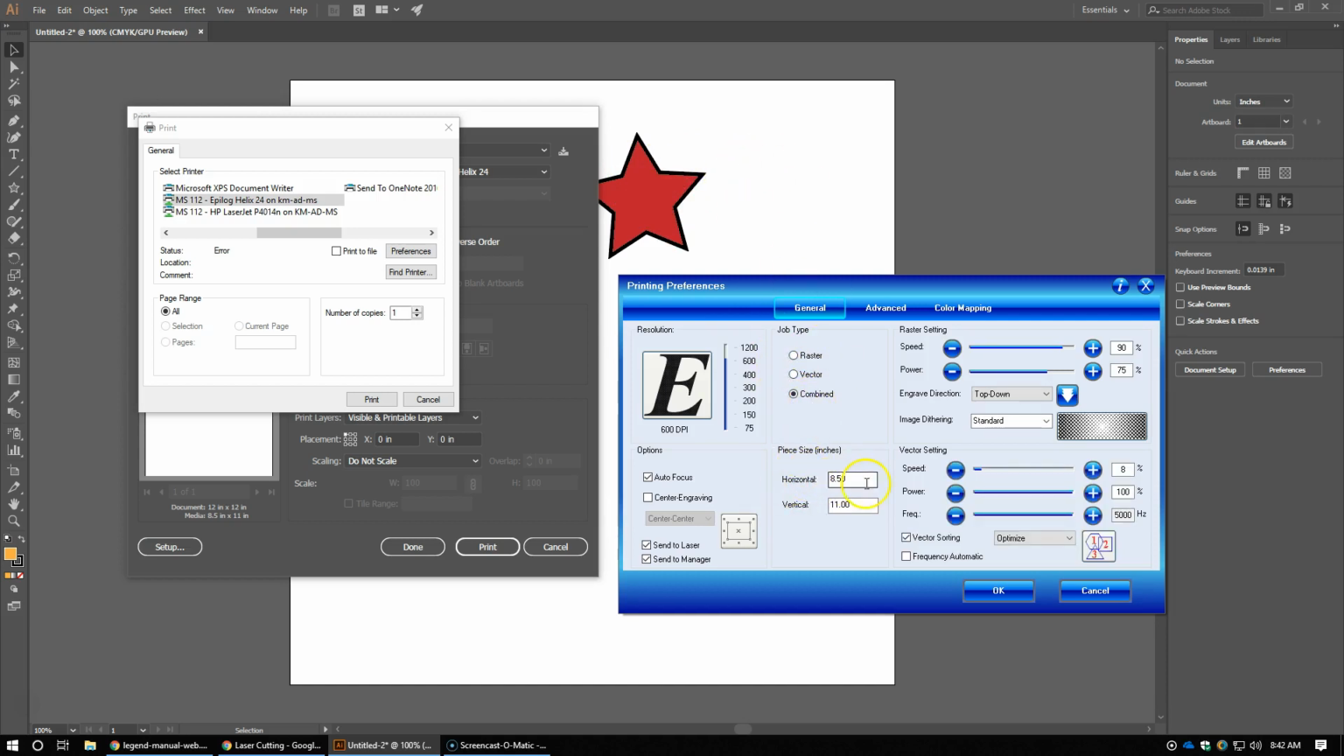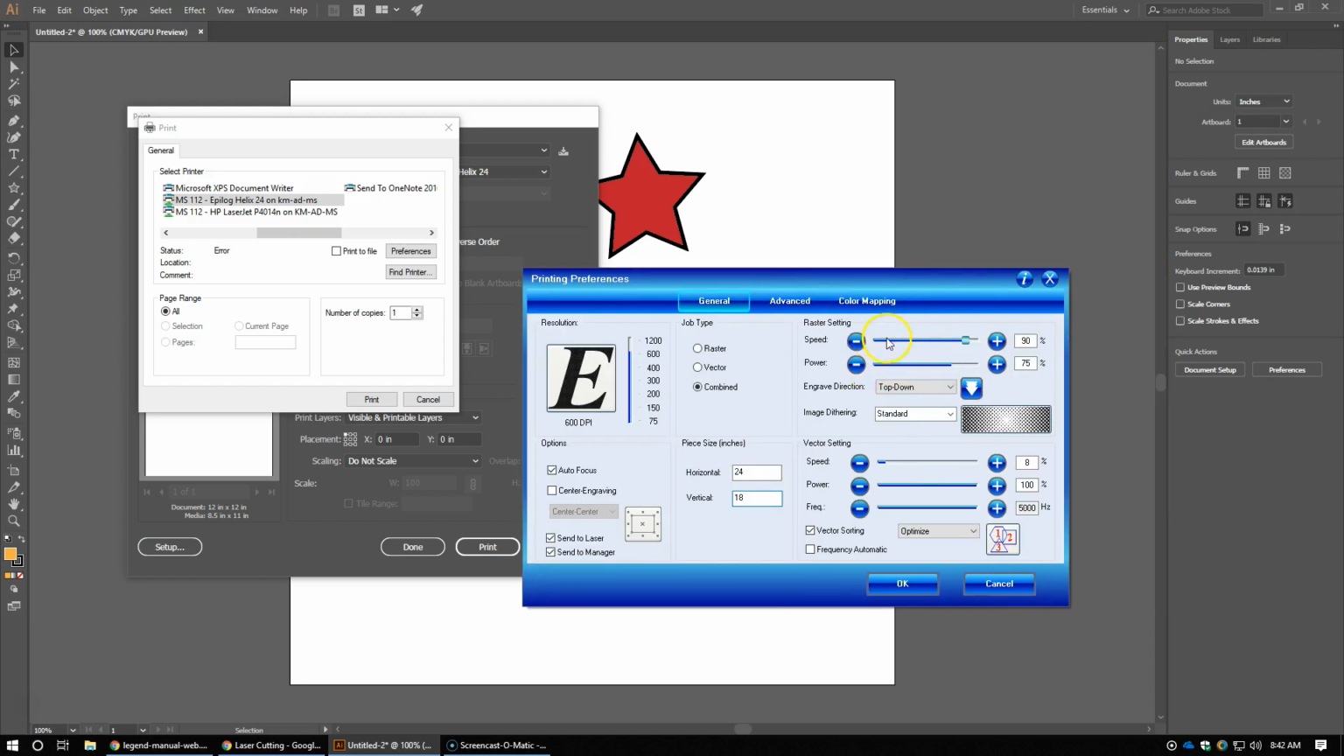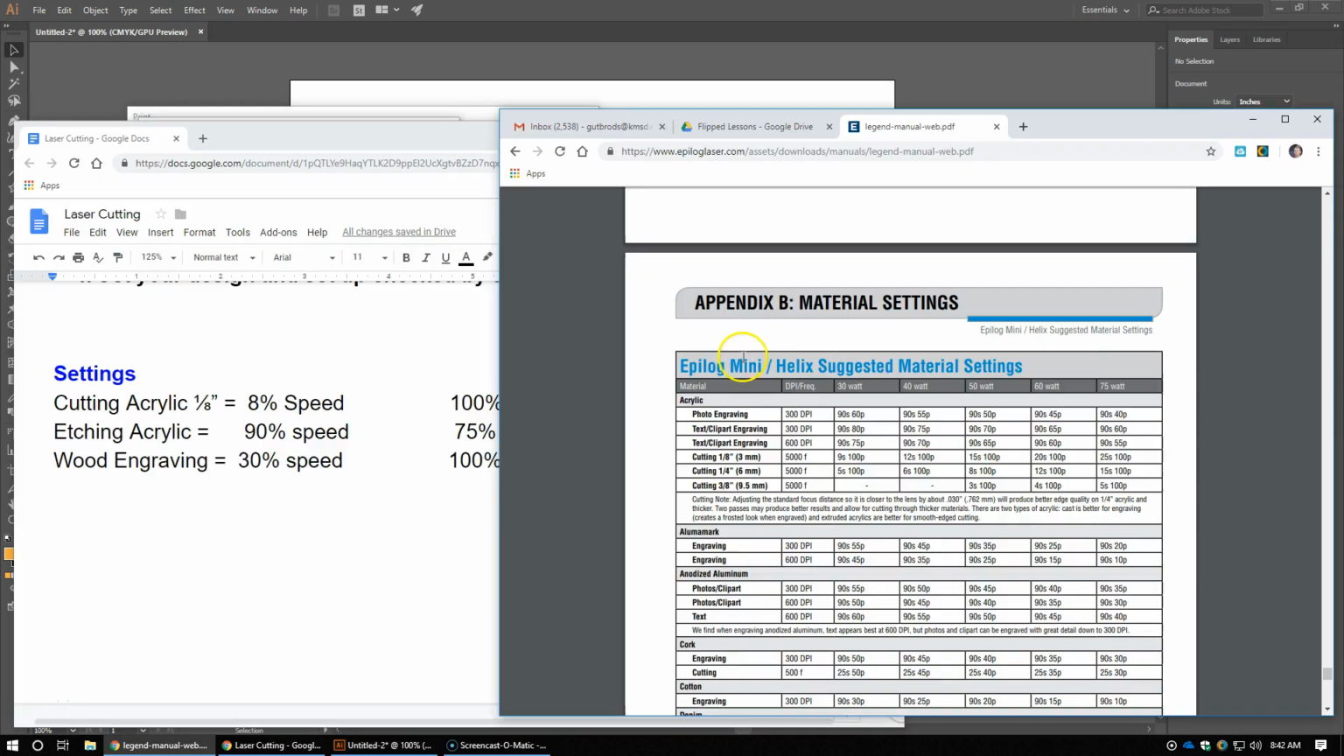Project or piece size. What I want you to put here is the size of our laser cutter. It's 24 horizontal, and the vertical is 18. So that's something you'll have to switch. And then here's where things, I don't want to say get tricky, you just got to be precise. You have to adjust the settings here, depending on what you're cutting. So based on what you are laser cutting, you may or may not have to adjust some of those speed